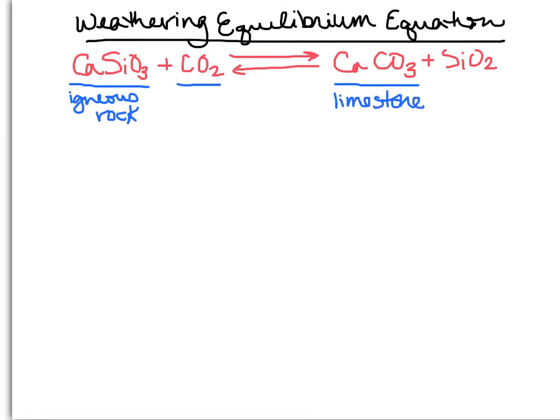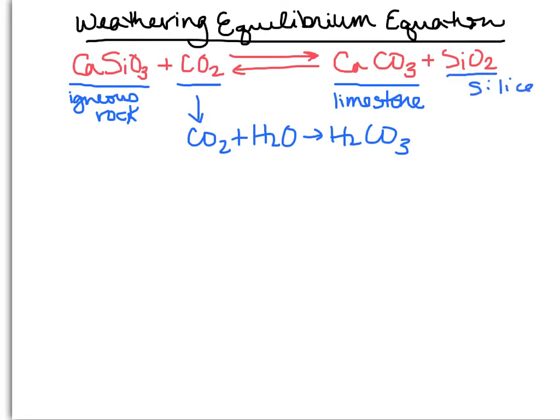This happens when carbon dioxide combines with water. Carbon dioxide plus water in raindrops makes carbonic acid. That's H2CO3, carbonic acid. And that weathers igneous rock and forms limestone and silica, or quartz. All right, so this is the general equilibrium equation, and because CO2 is a gas, this equilibrium is